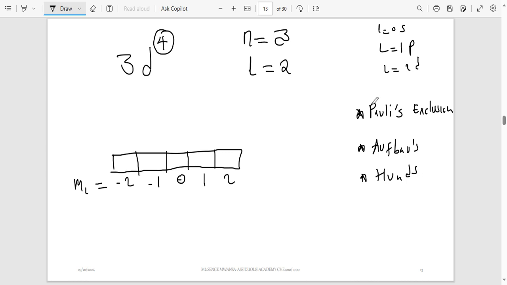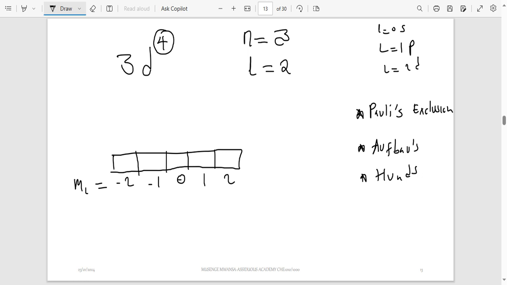So by the Pauli's exclusion principle, you can't have two electrons pointing in the same direction in the same orbital. And then the Aufbau rule is going to tell us that when you are filling electrons,